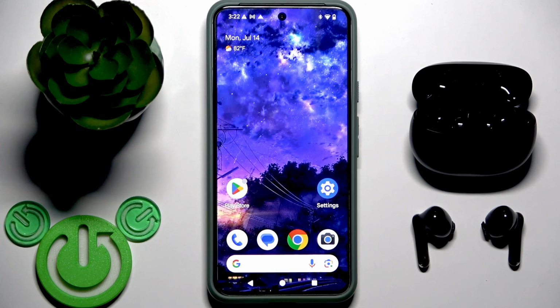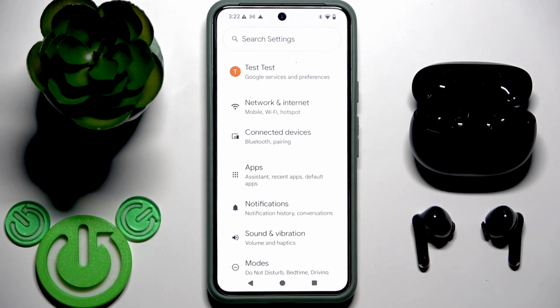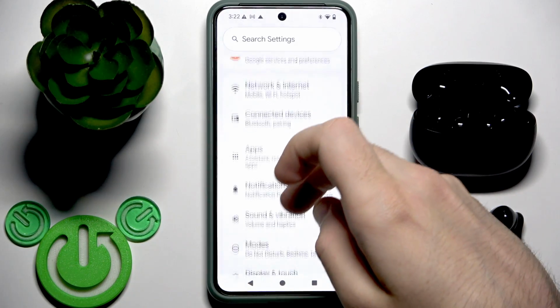You have to start by opening settings and you need to enable developer options. If you don't know how to do this, on this channel we have a video just for your phone. After you enable it, we can go to the settings,